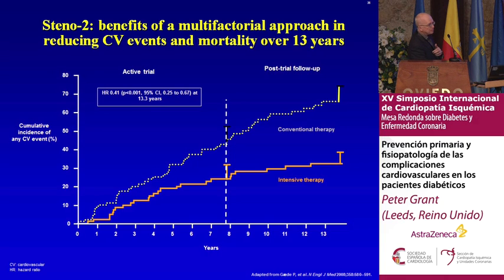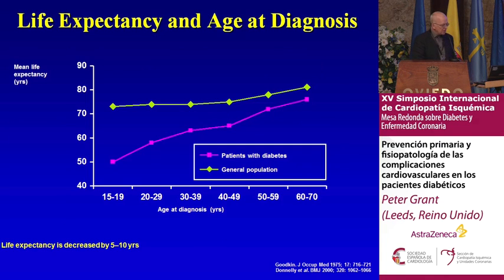that period of time. But the difference between this and glycemia is that the improvement starts to appear at 2 to 3 years with clustering of risk management, whereas all of the glycemic studies seem to show benefits at 10 years onwards. So improving clustering of risk management seems to be a critical part of primary prevention in people with type 2 diabetes. It's worth remembering that the life expectancy of someone with diabetes is dependent on the age at